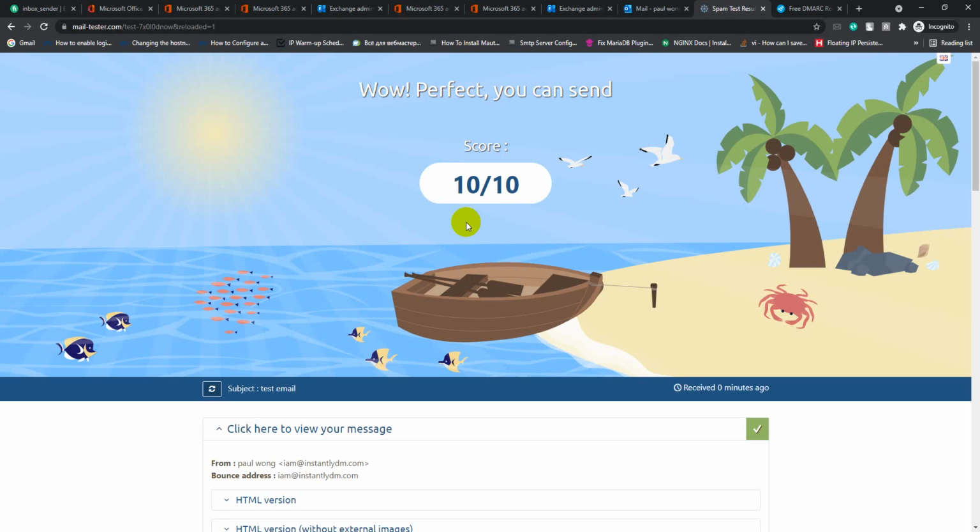For getting a better inbox ratio, I recommend you do domain warm up. Though the Microsoft Office 365 IP is warmed up, you need to do domain warm up for maximum inbox ratio in Outlook and Hotmail.